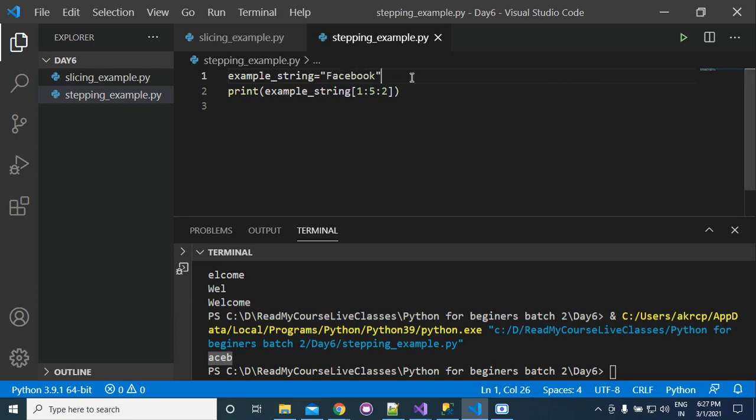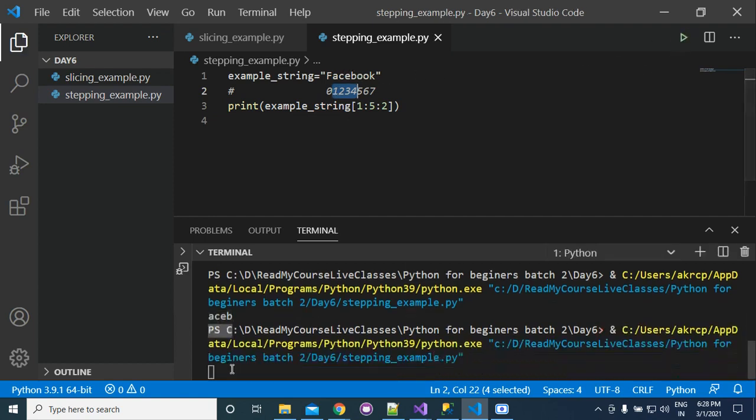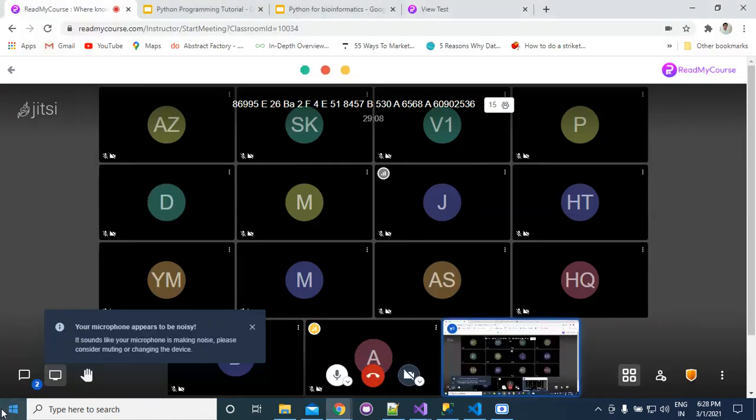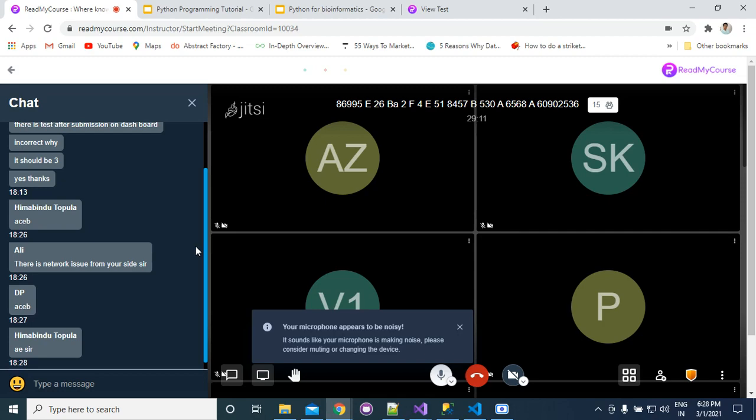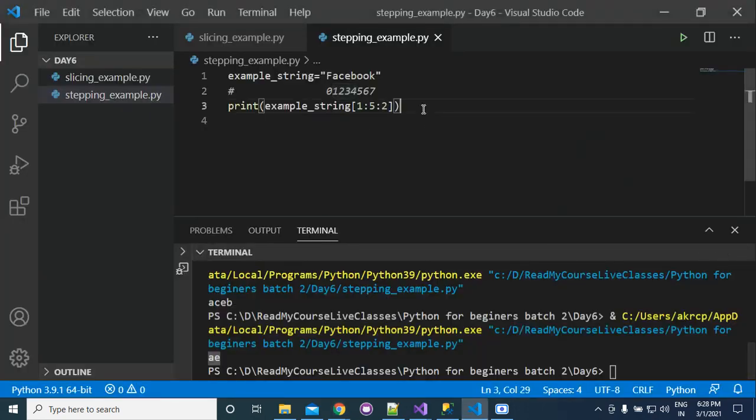Firstly, I am just renaming here and giving the index numbers. This is 0, 1, 2, 3, 4, 5, 6, 7. So you will get the first value as this, and then you will get E after writing 2. So after A you will get E. Now because we have only from here to here, after A we will have E but not O. So we will have the result as AE in this case. Okay, is this clear to you?